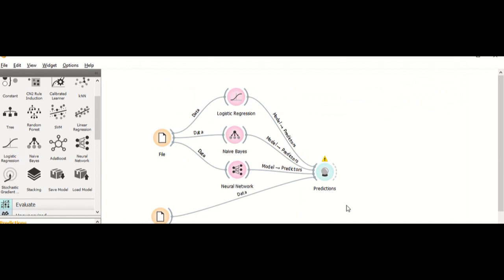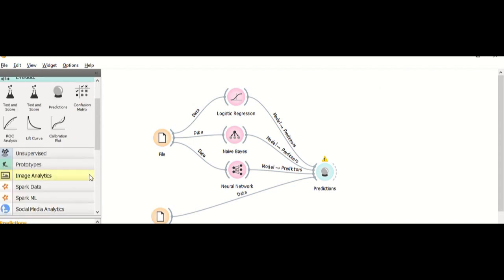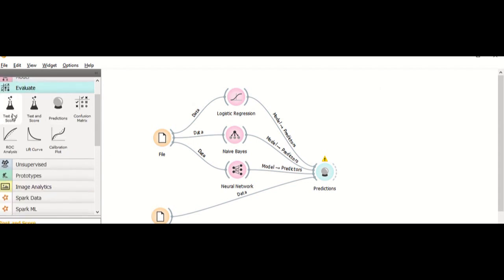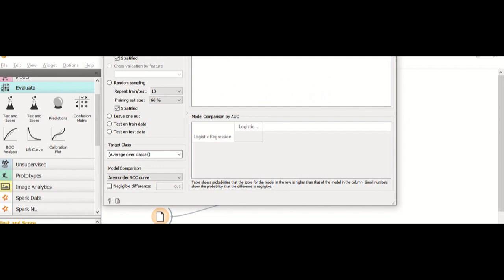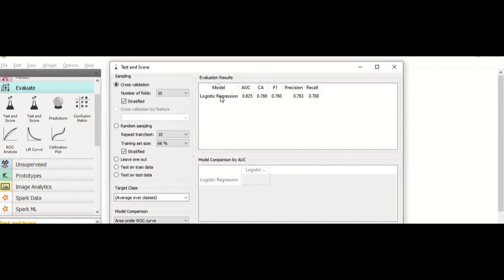Now suppose you want to evaluate the F1 score, precision, recall, or area under the curve, you can just drag and drop test and score, just like we did for predictions. Connect the model and the input, and you can see the parameters here: which model, area under the curve, classification accuracy, F1 score, precision, and recall.